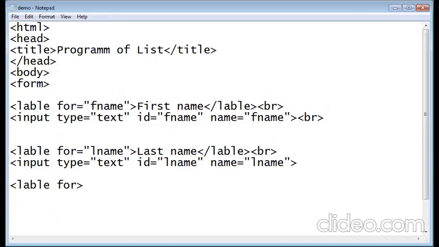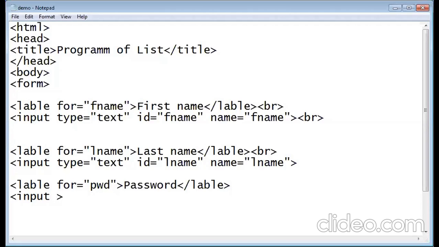Label for password, PWD. Okay. Then password. Okay. As I have started label, I have to close the label. Okay. First thing is over. Then second tag will be input tag. Input. Okay. There are three attributes.